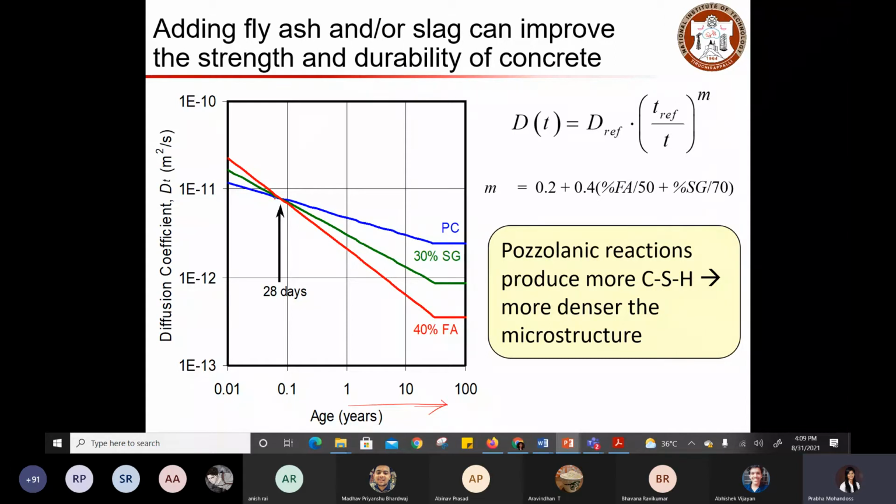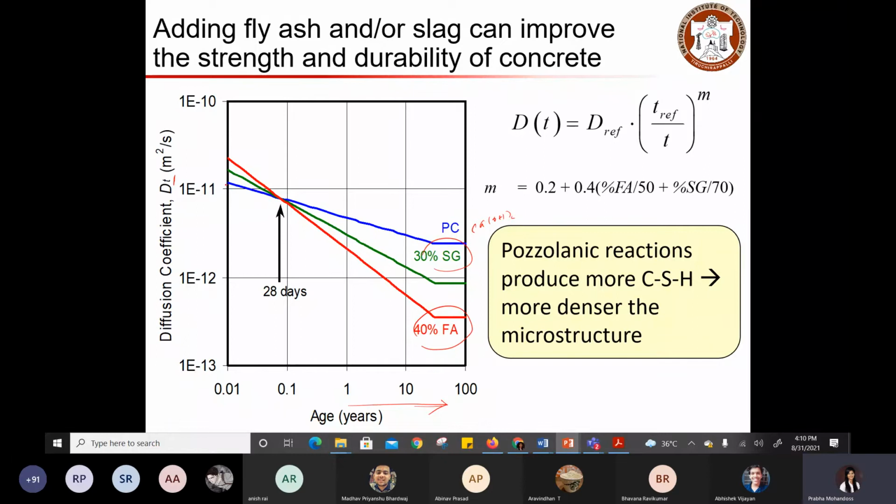But one point to note here is that you should not use 28-day strength, because these mineral admixtures that you add in concrete need calcium hydroxide to be produced. Basically, all the hydration products from your normal cement and concrete have to be completed, because this reacts with the hydrated product, that is your calcium hydroxide, in the presence of water. The reaction typically takes place after 28 days, once the reaction between your normal cement and water has completed. So that is why at 28 days you do not see any changes, and even before that,